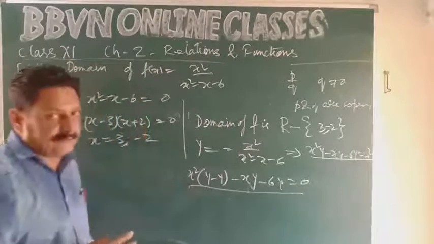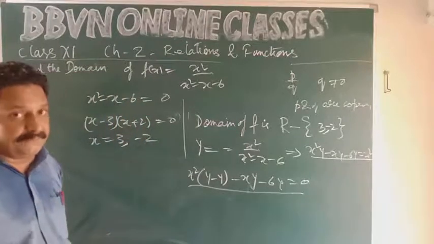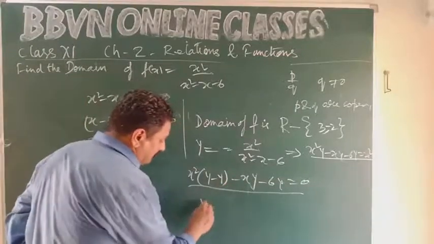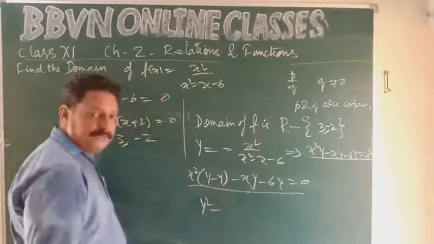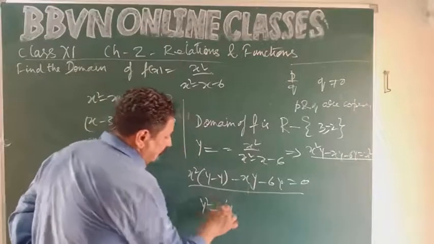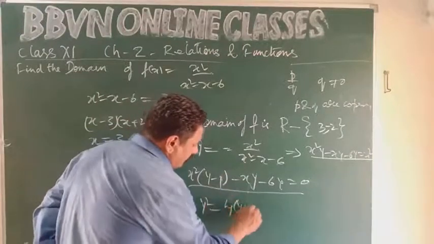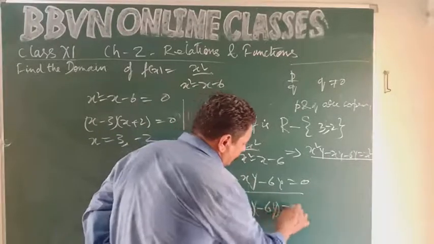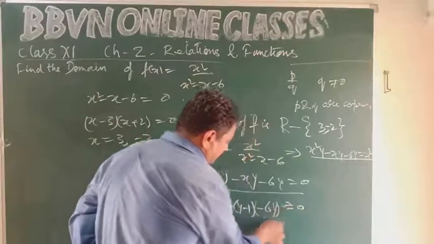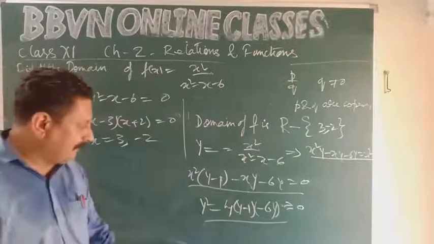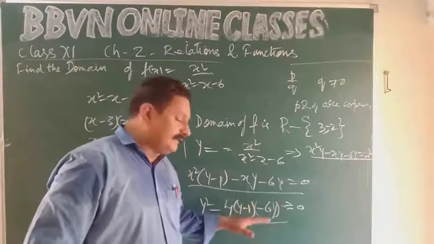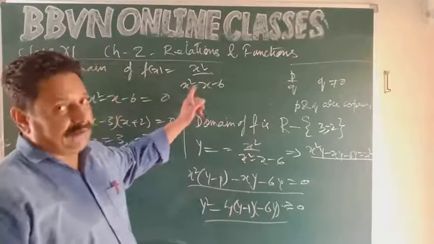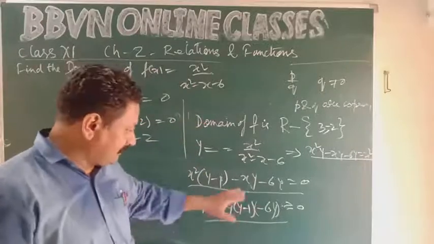Any quadratic expression has real roots if D is greater than or equal to 0. That is b square. b square मतलब माइनस y का स्क्वायर, y स्क्वायर माइनस 4ac, 4 into what is a, y minus 1. What is c, minus 6y, must be greater than or equal to 0. यहाँ से y का इक्वेशन आ जाएगा आपके पास. y की वैल्यूज आ जाएंगी आपके पास. So this is how we find out the range. Though you have this particular range in grade 12, but this was just an explanation.